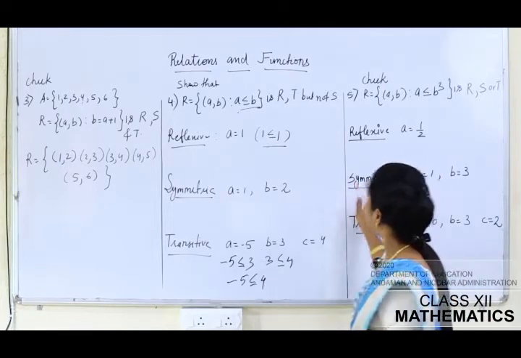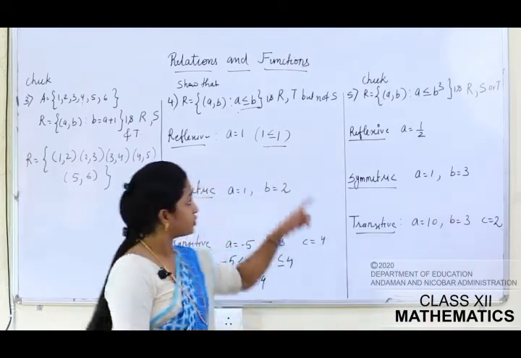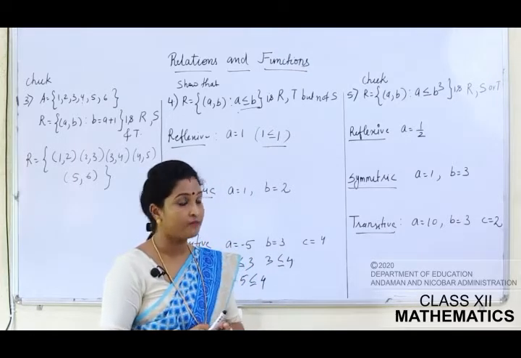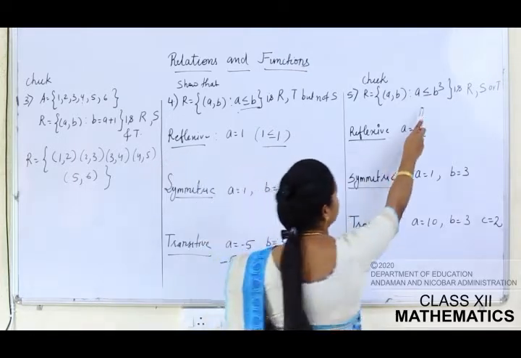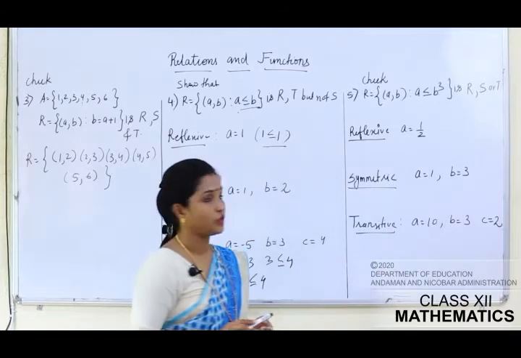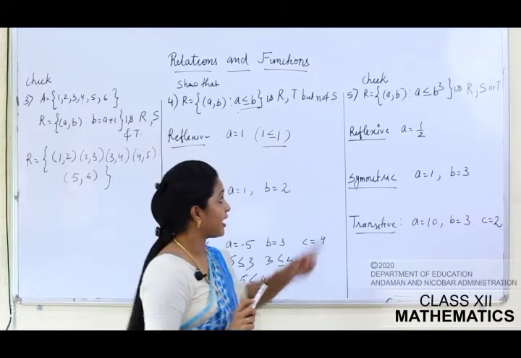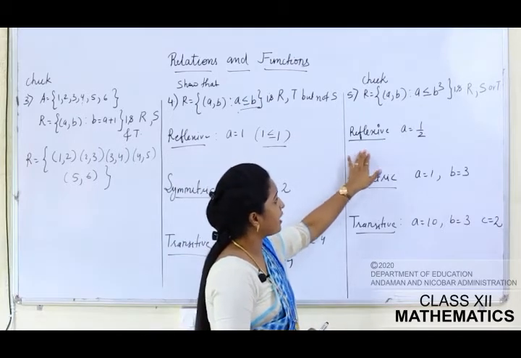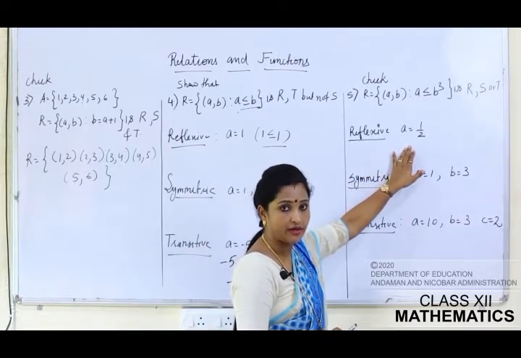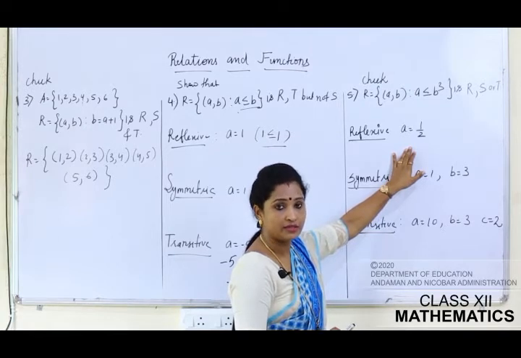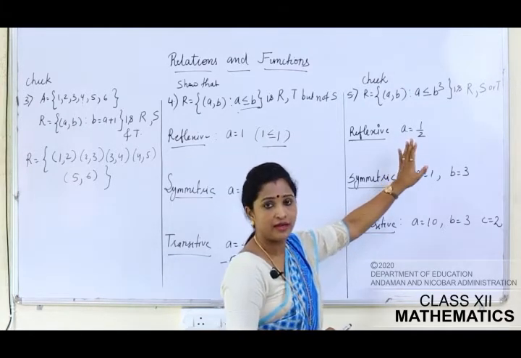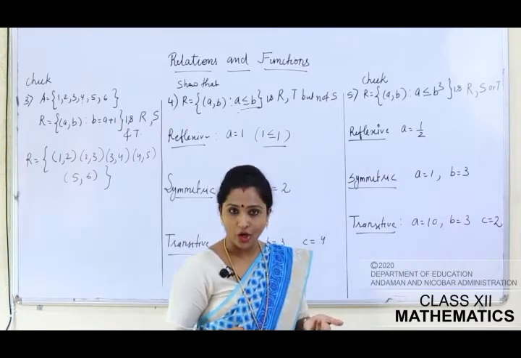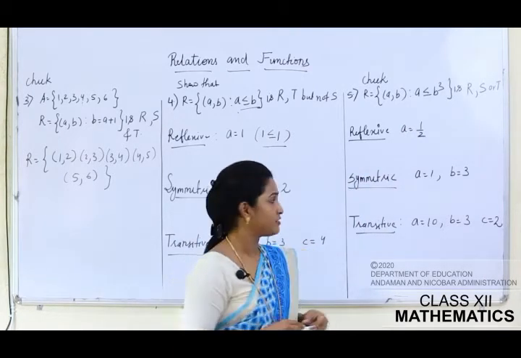Clear? Now come to the fifth question. आप यहाँ पे fifth question में देखिए. Fifth question is again the same type जो मैंने अभी आपको कराया. What is the difference? In that question you are having a less than equal to b square. ठीक है? यहाँ पे b cube है. वैसे ही proceed करना है आपको. For the reflexive, आप कोई भी fraction ले सकते हैं. Here I have taken half just for your example देने के लिए. And half is less than equal to 1/8. It's not true, so it is not reflexive.